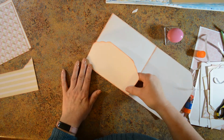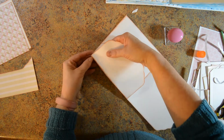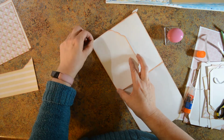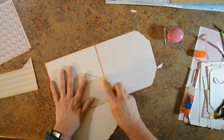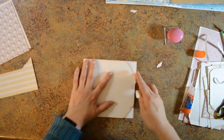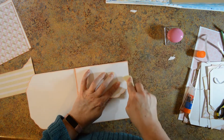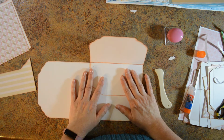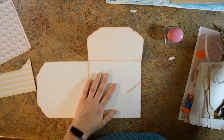Again, right on the edge. There it is. Now I'm going to put magnets. I did not like the way the little flip worked. So